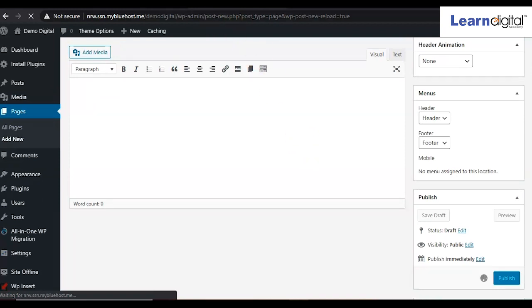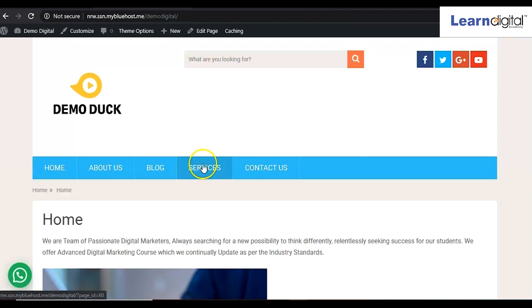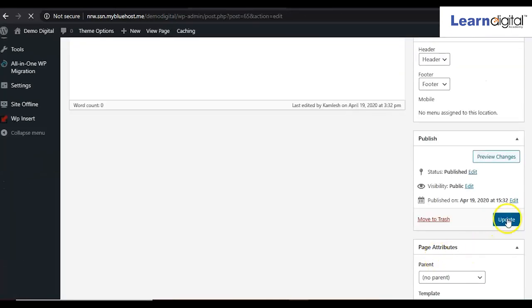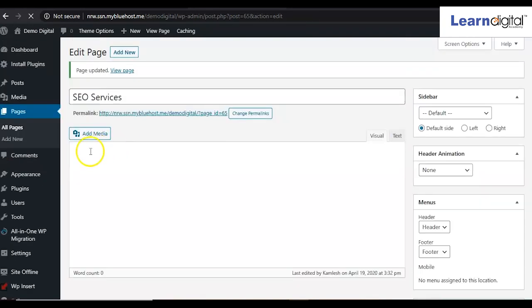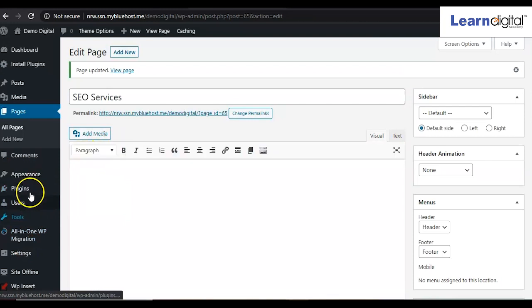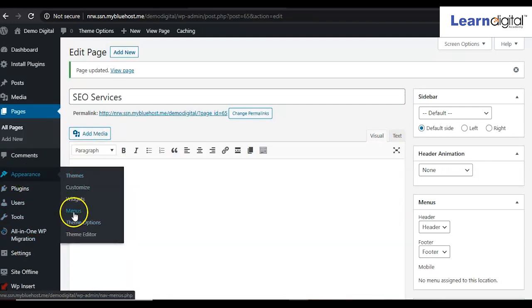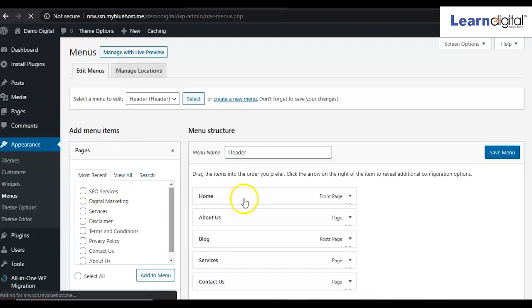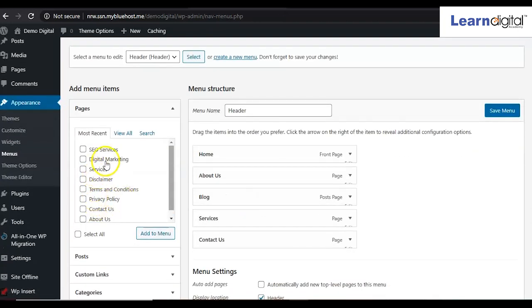I want these pages to come under the services option, right? So I updated this one. Again, I will go to the menu option under appearance. Click on that. Now you have to select those two pages. Select those pages, click on add to menu.